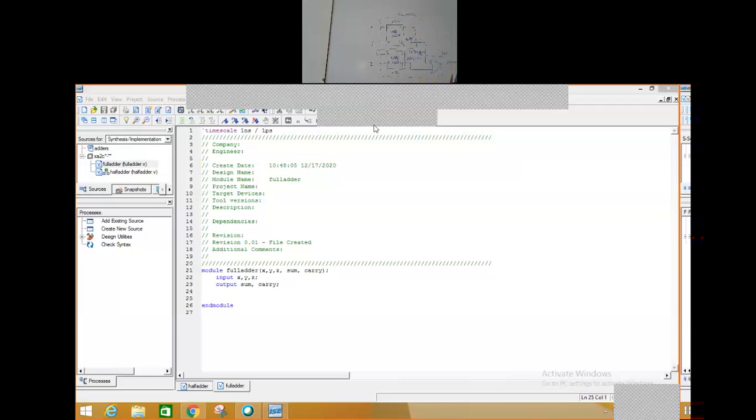Correct? So now how do I implement it in Verilog code? Let us start writing. I have taken 2 components of half adder, with A, B, sum and carry as the ports I have given for half adder. Now for those inputs, this is called port mapping. X is mapped with A, Y is mapped with B, Z is mapped with the B of the second half adder. And sum of this should be connected to an input of this.